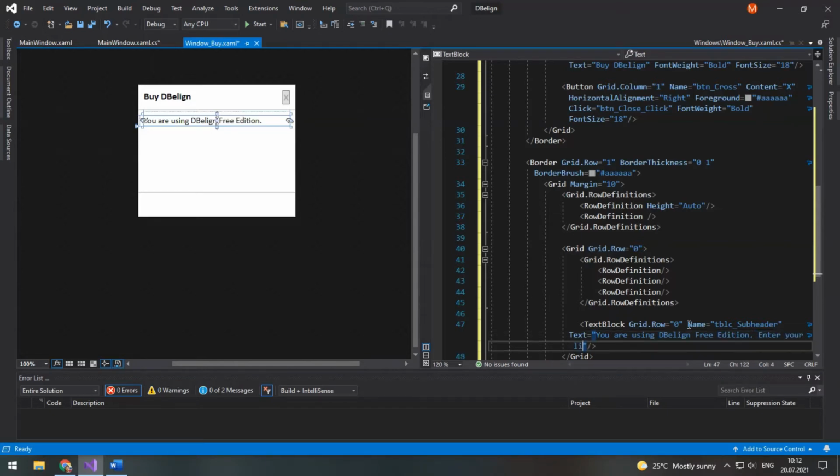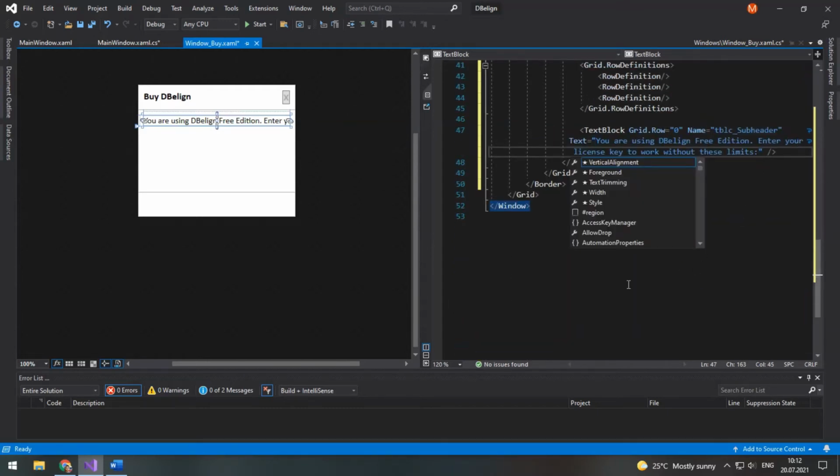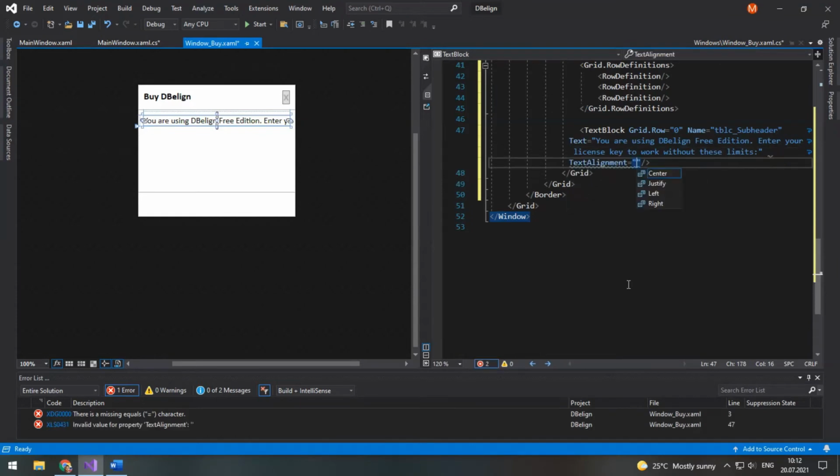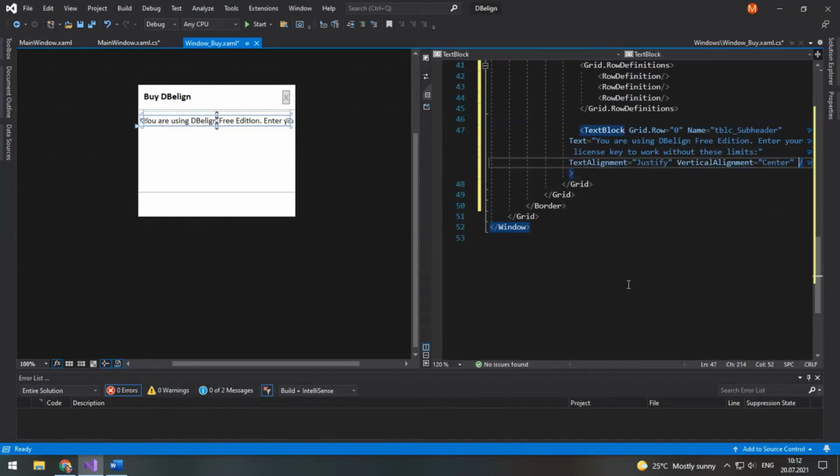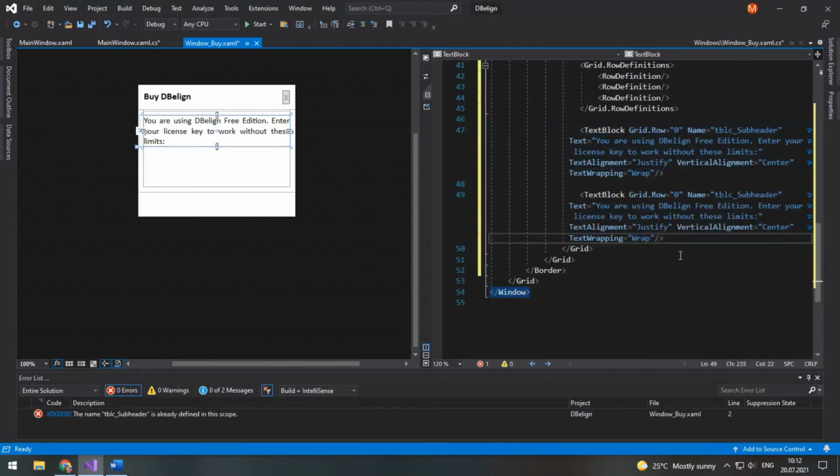Enter your license key to work without these limits. Then a colon, and set text alignment to justify, set vertical alignment to center, and set text wrapping to wrap. In the second row we will have a text block for limitations, so grid row 1.